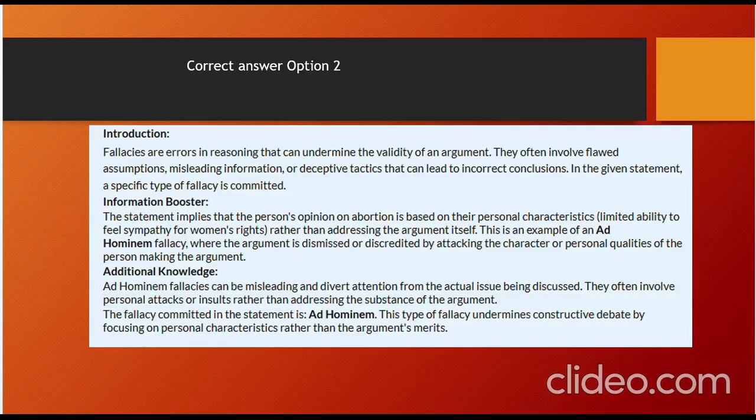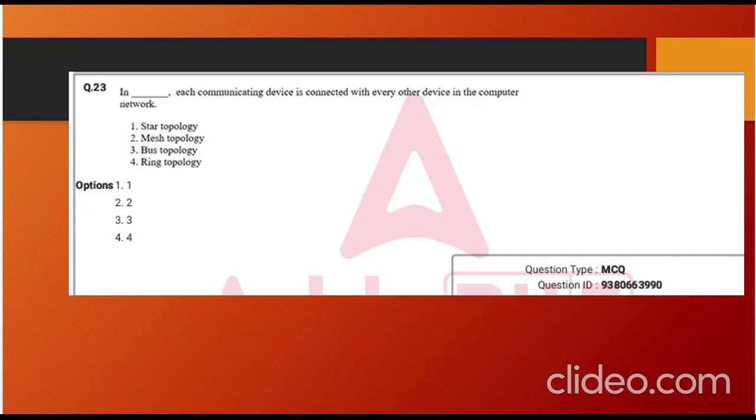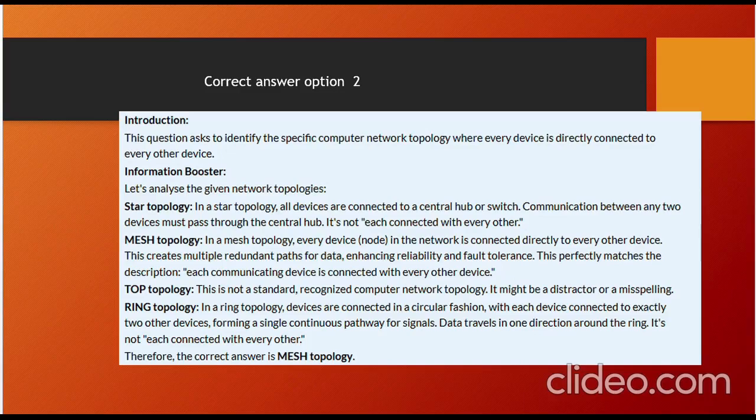Next question. In dash, each communicating device is connected with every other device in the computer network. Star topology, mesh topology, bus topology, ring topology. Options given 1, 2, 3, and 4. The correct answer is option 2. This question is used to identify the specific computer network topology where every device is directly connected to every other device. So, let us analyze the